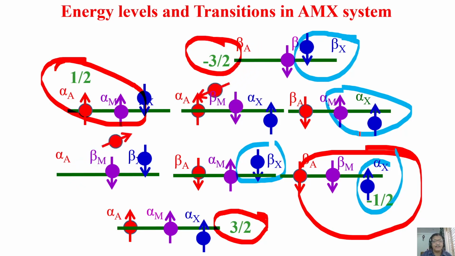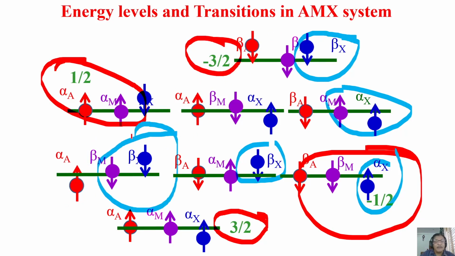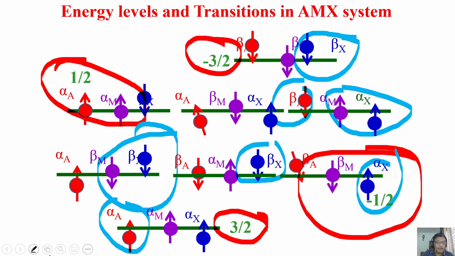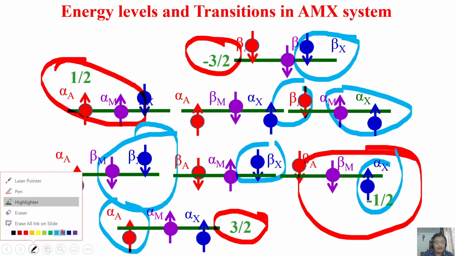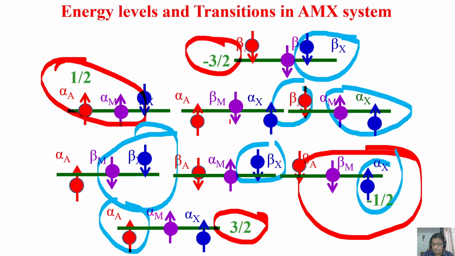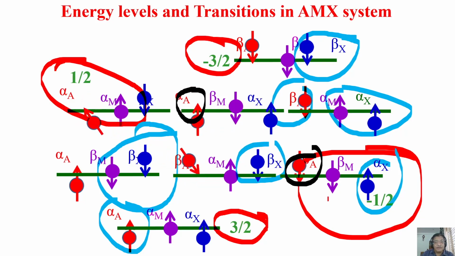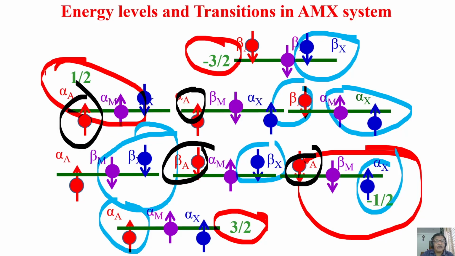Okay. Now let us see what is this. Here A is undergoing transition from beta to alpha, alpha to beta. What about these two? Remaining the same. They are not getting disturbed. What about this? That is allowed. Beta A is coming to alpha A. That is allowed. What about this? Again, what is happening there? Alpha A is changing to beta A. One more. This is also allowed. See? Alpha A is changing. So A has 4 transitions.